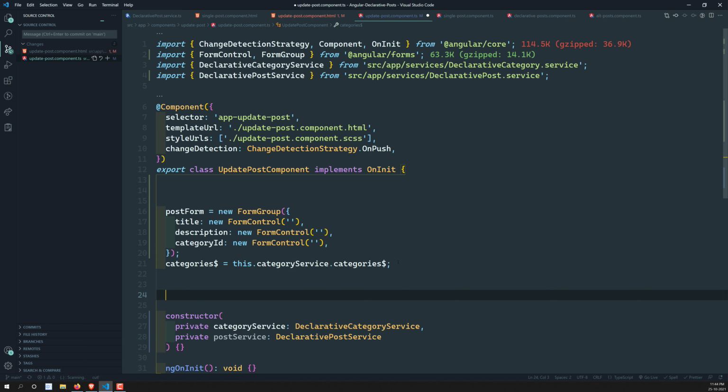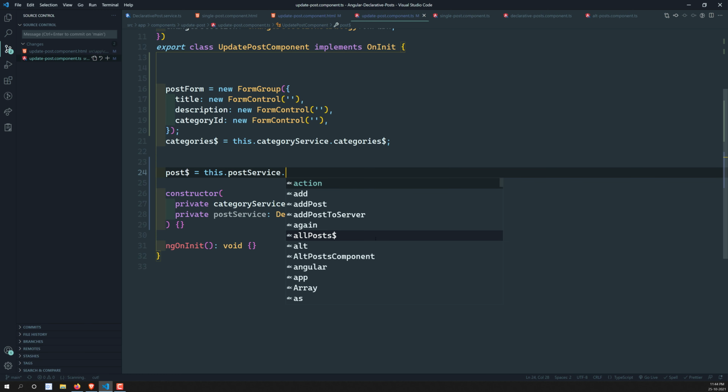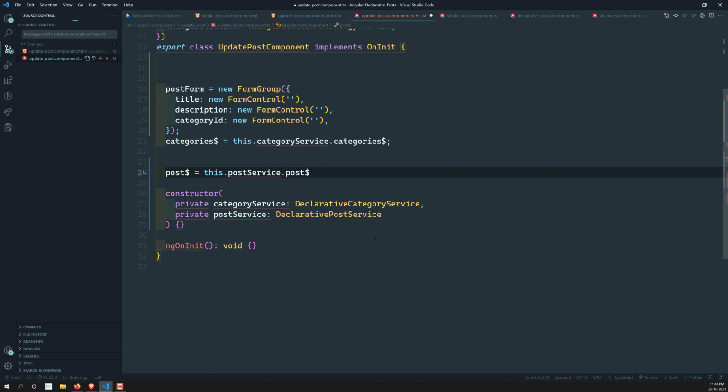I need to get the single post, the post that I need to submit. So here post is equal to this.postService, and we need to get the post. A single post we need to get. So we need to have the post$, so we will be getting the post.